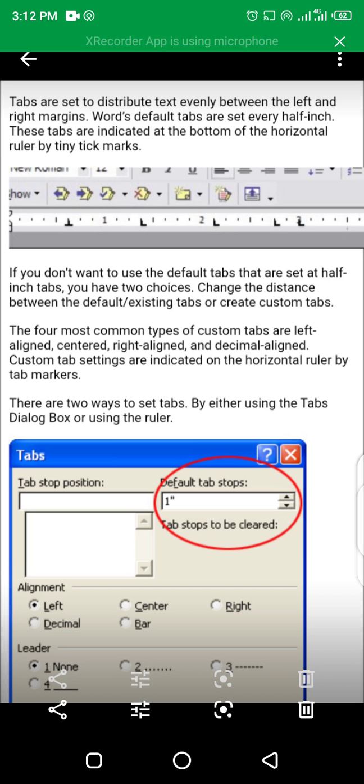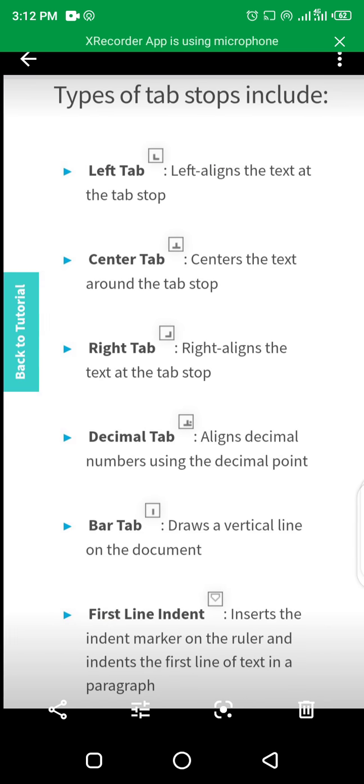Okay, you can go to the Insert menu, then select the tabs, and in tabs you get by default tab stops of 1 inch or 1 centimeter. After that, tab alignments and tab leaders you can set according to the requirement of your document. If you want to use left align, center align or right align, depending on the document format, you can use it.